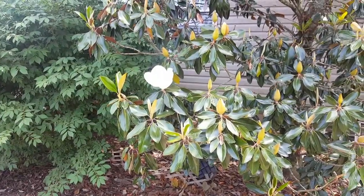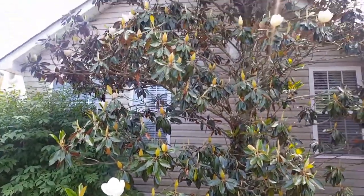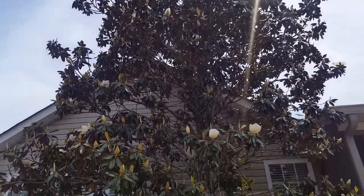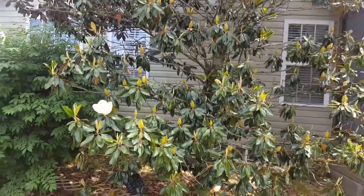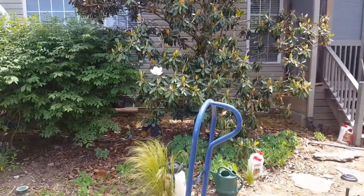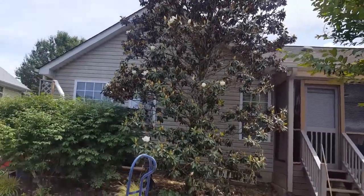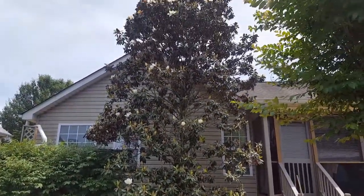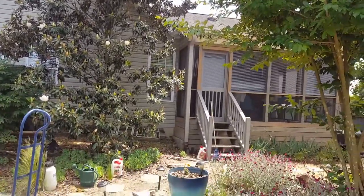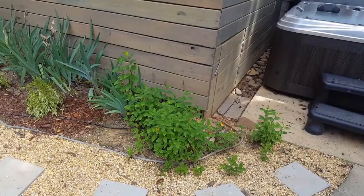The smell of the magnolias is fantastic in the yard right now. There's just a few of them blooming, but oh, maybe more than I thought. The smell is heavenly. This is another tree I planted in 2001 because it was only supposed to be 10 feet wide and 20 feet tall, and you can see it's about 8 feet taller than the house, so I think it exceeded its growth expectations, as most things seem to in this climate. That'll be an orchid color,